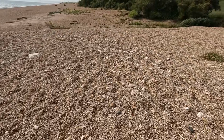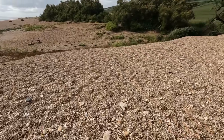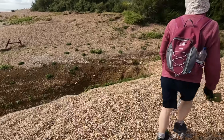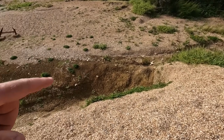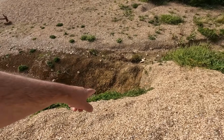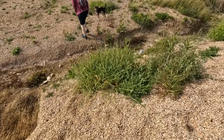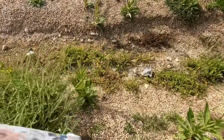So here we've got, well, what is probably sometimes a little watercourse, as I can see rushes over there. Don't know that there's any water flowing in it today. No, but you can see there must have been some runoff that's come and carved a great deep channel through the Chesil gravel, exposing the clay underlayer. Let's see what we got growing here. So we've got